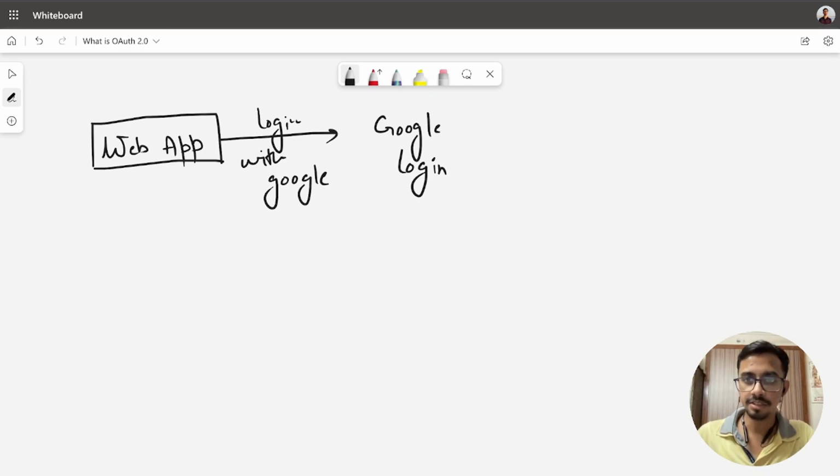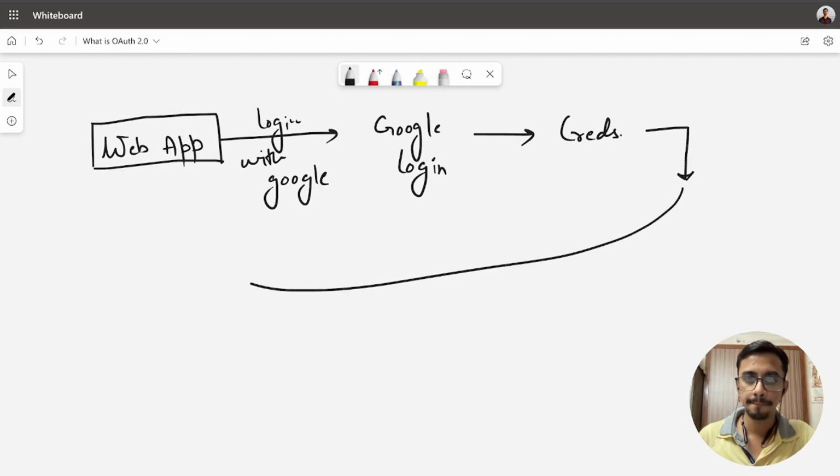And once we reach this page, we shall be entering our credentials, and upon successful login, Google basically redirects us to the original website where we came from. And what we see is that the website actually logs us in, and the website takes us into it, right? So this is what happens on the front end side of OAuth.